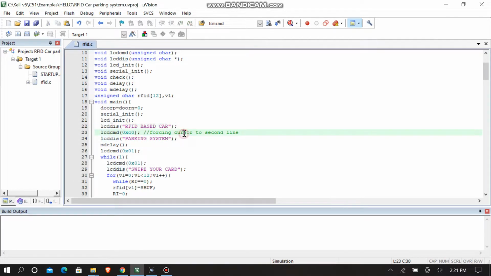Now we will display a simple message for the initialization saying RFID based car parking system.